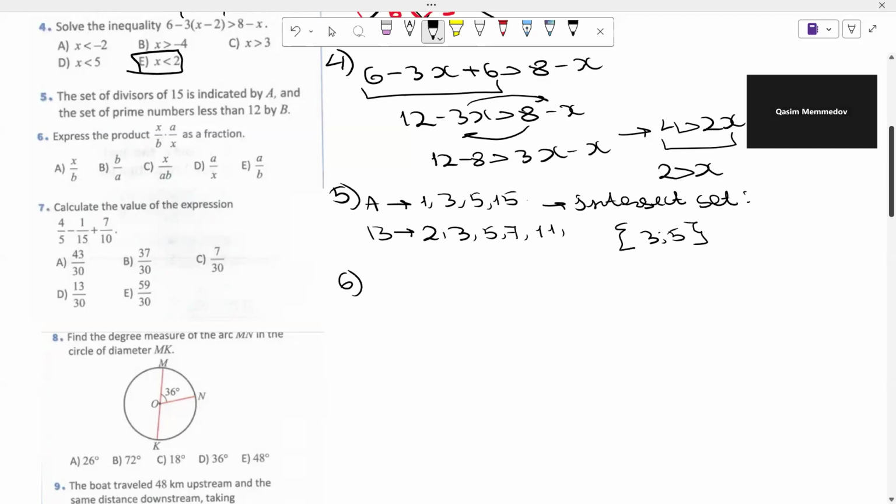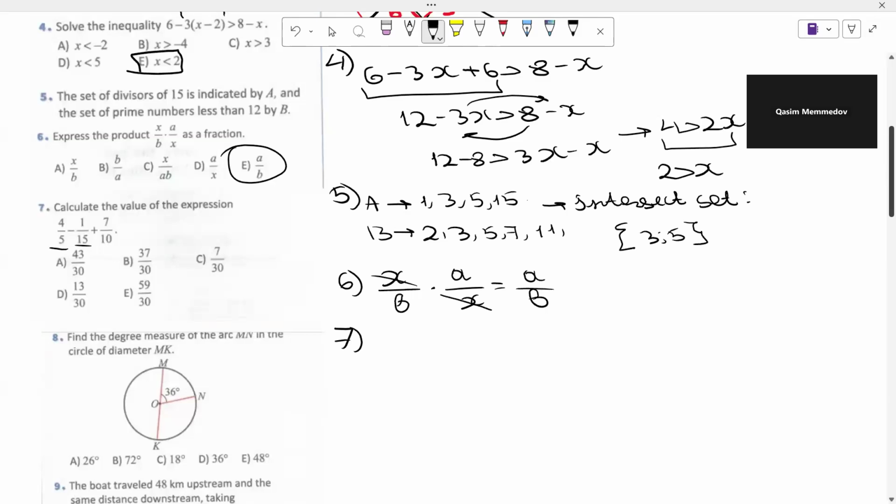It says to simplify the expression x divided by b multiplied by a divided by x. We can simplify x easily, and the answer is a divided by b. Variant is E. In the seventh exercise,